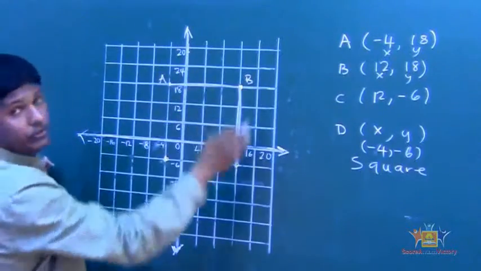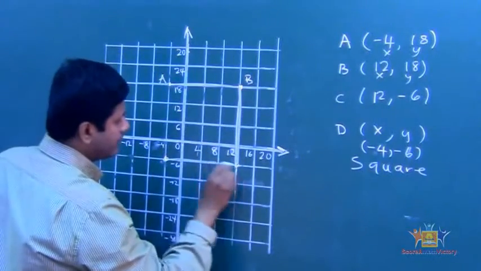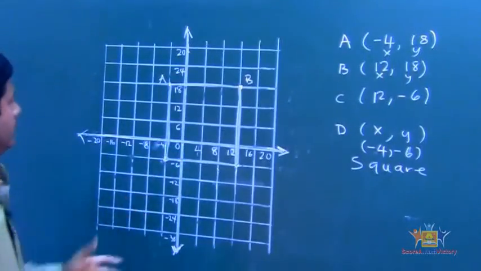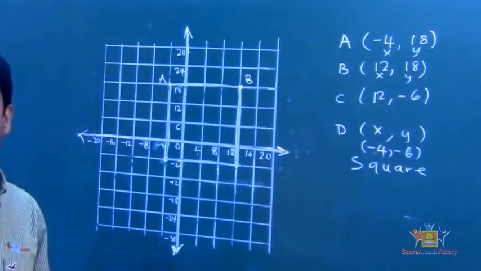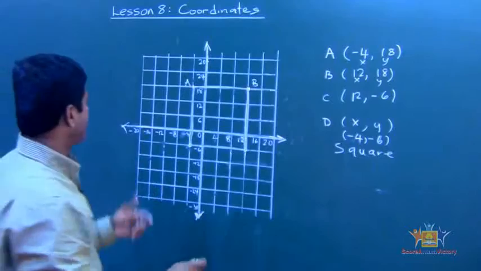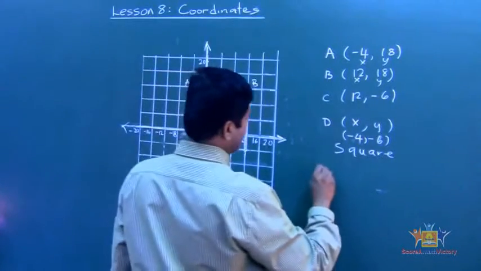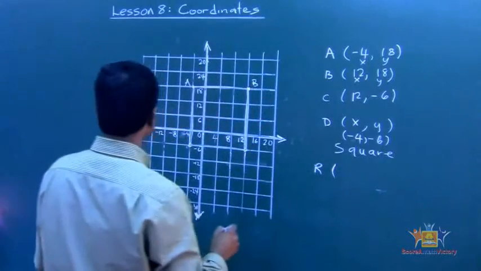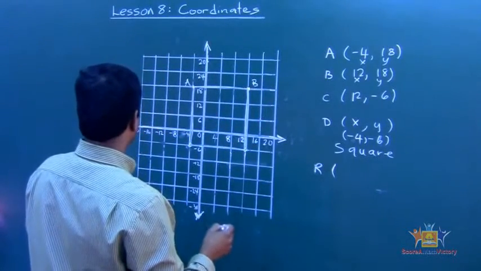That makes it into a square. So if I darken that line, look at that. A perfect square. Okay, so let's say I give you another one. Let's say this time I say point R is,